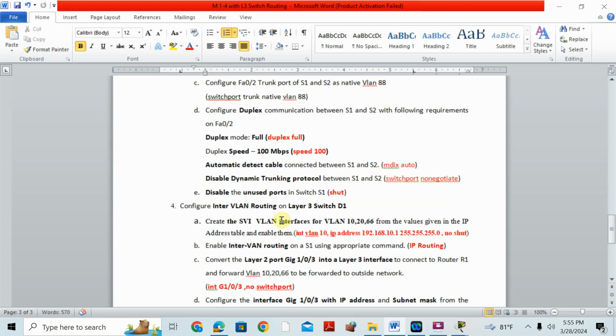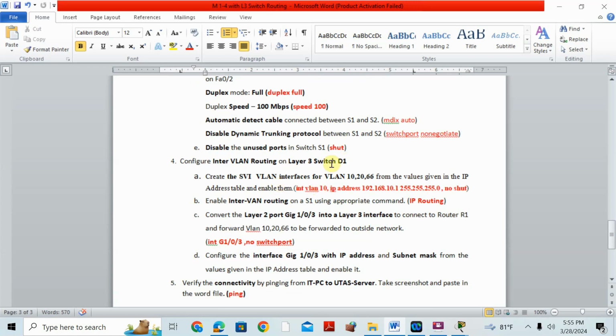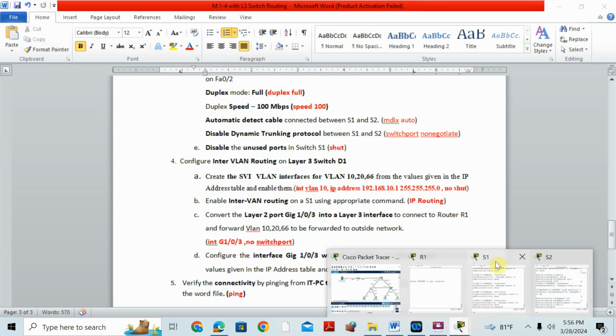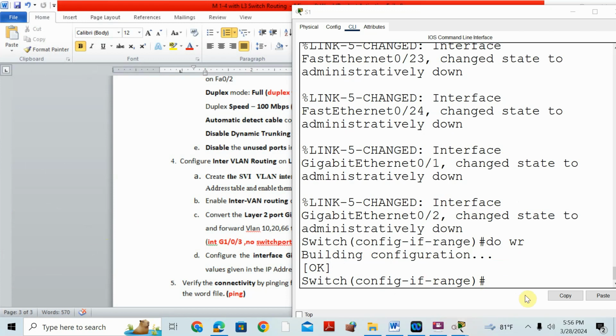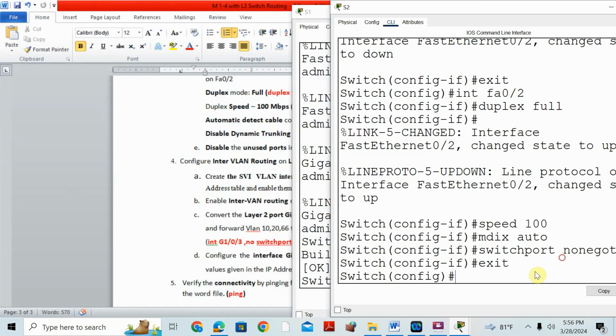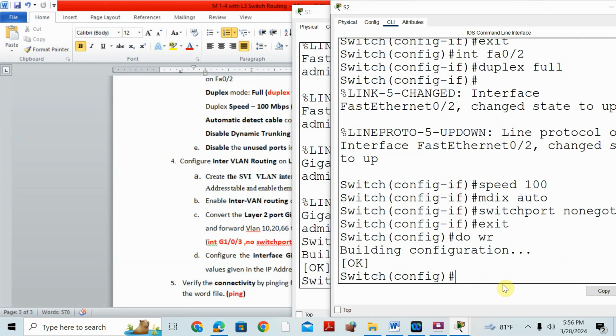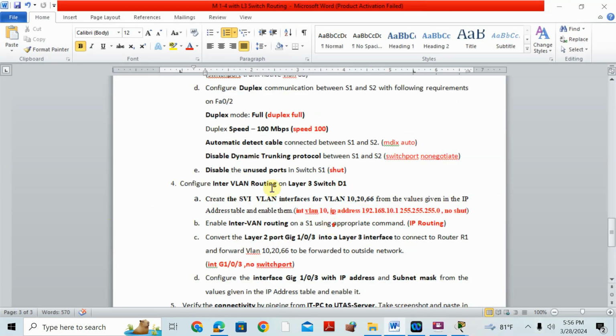Okay, then configure inter-VLAN routing on the layer 3 switch. So here I will do WR, also do WR. Inter-VLAN routing on the layer 3 switch. If you are doing inter-VLAN routing on a layer 3 switch, we have only a few commands. We have to create SVI VLAN interfaces, so for VLAN 10, 20 and 66 we want to configure